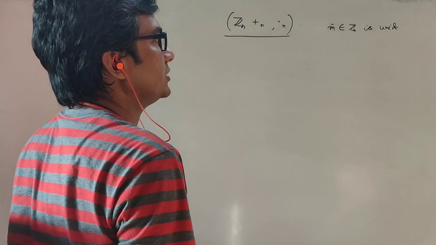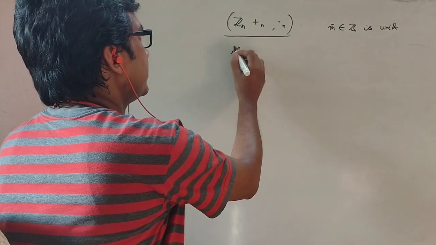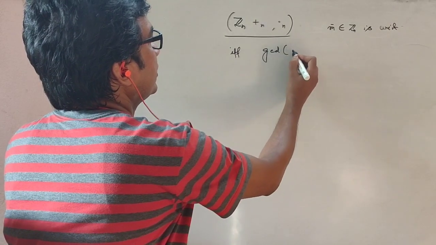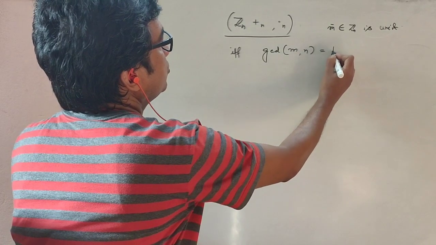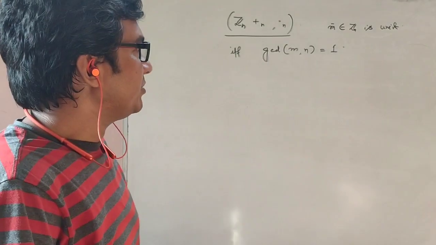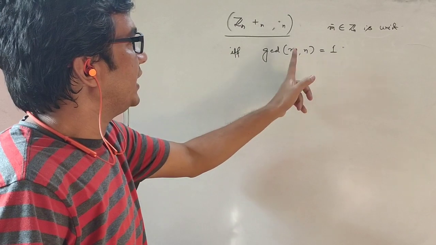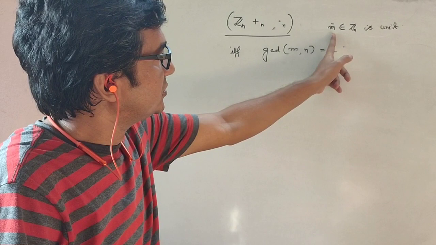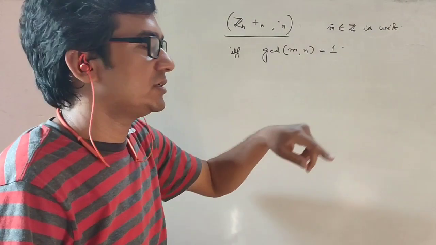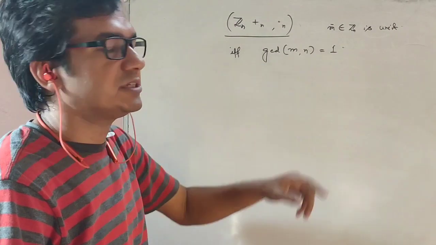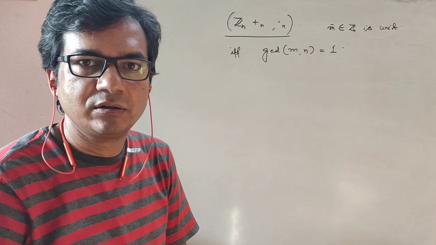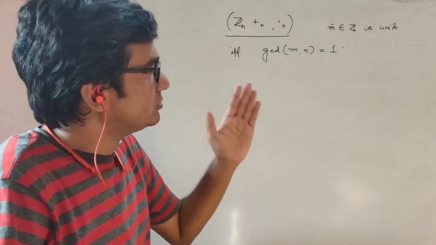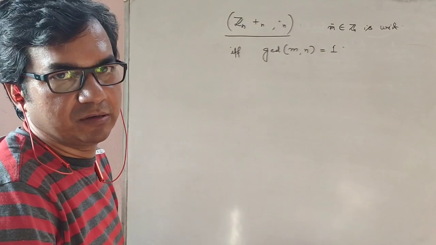unit if and only if GCD of m, n equal to 1. That is, if GCD of m, n equal to 1, then m bar is unit in Zn, and if m bar is unit in Zn, then must be GCD of m, n equal to 1. And the proof, or the solution, of this example is,